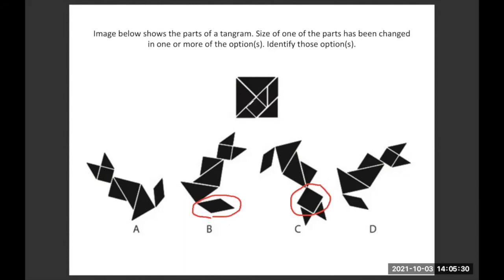Correct. Absolutely. So if you look at this shape, it is bigger compared to this size that you are seeing here, or that you are seeing here. This is very big. That's where option B is wrong. I mean, in this case, option B is the correct one, which is different. And in option C, the square is bigger.